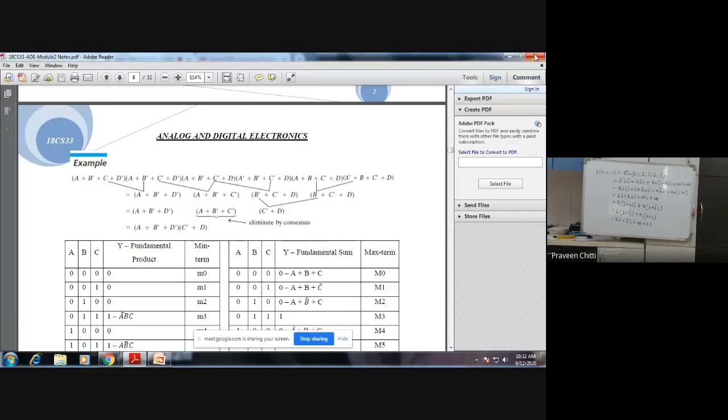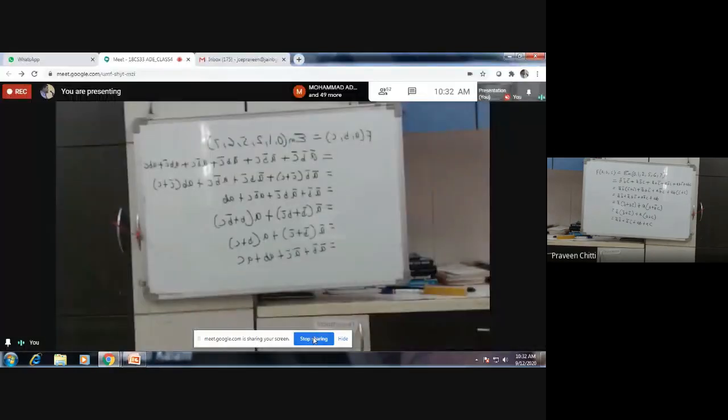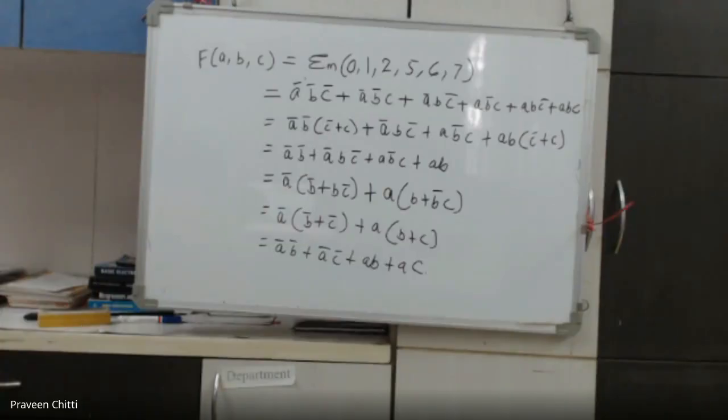So what you can see here is that there is no fixed answer as such, and there is no fixed procedure either. That's the reason why we need to go for a structured method of simplification of Boolean equations. In this, we are going to study the structured methods, called the Karnaugh map method and the Quine-McCluskey method.